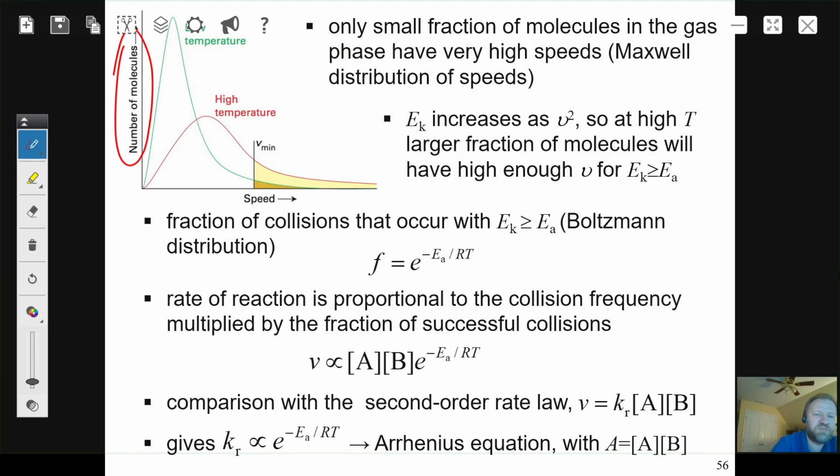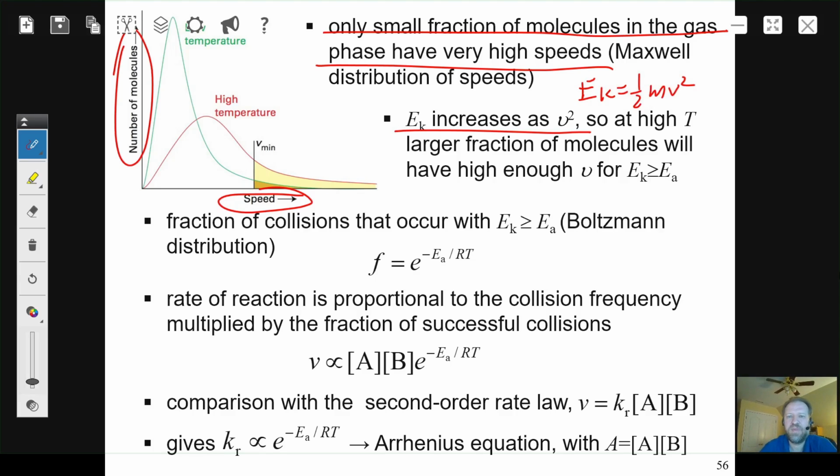Just to remind you, it's a plot that shows the number of molecules as a function of speed. We recall that only a small fraction of molecules in the gas phase have very high speeds. However, we also know that kinetic energy increases as the square of velocity, or speed, right? Kinetic energy is 1/2 mv squared, so that at high temperature, there will be a larger fraction of molecules that will have high enough kinetic energy